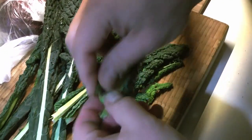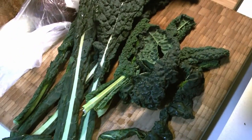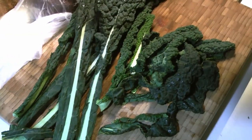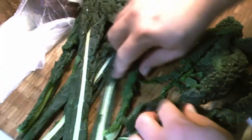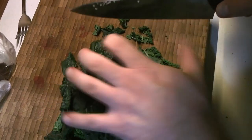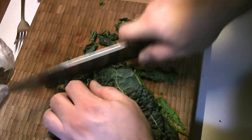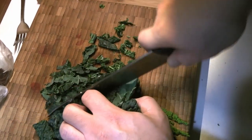So once the beets are all peeled, time to get the rest of the salad together. So we're going to strip the kale off of their stems. You can use the stems. They are quite tough, so if you want to use the stems, please just be aware that you need to chop them very, very finely, or else you'll have pretty tough, fibrous chunks of stem in your salad. We prefer not to, so we're just going to strip the leaves off the stem. They come off very, very easily. And then we're just going to chop it up